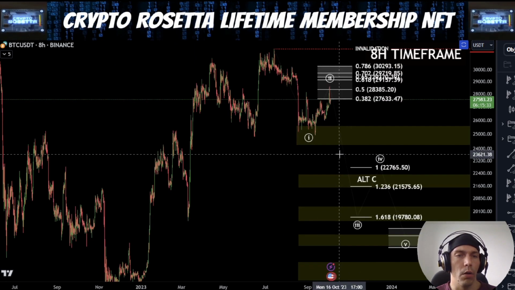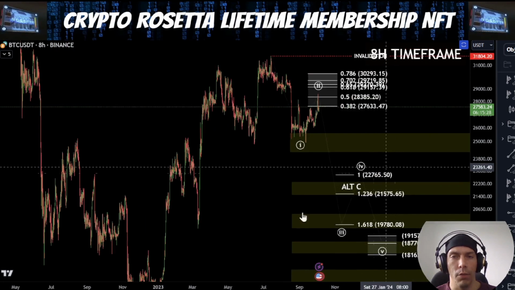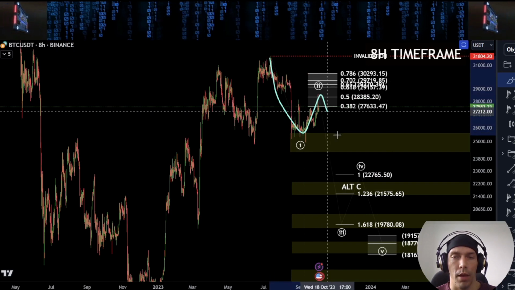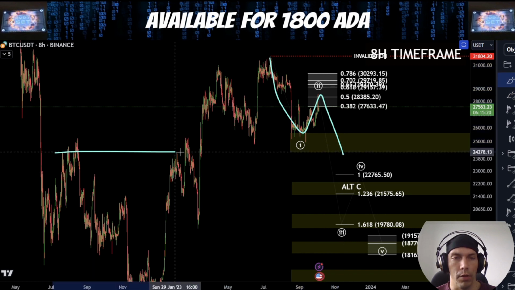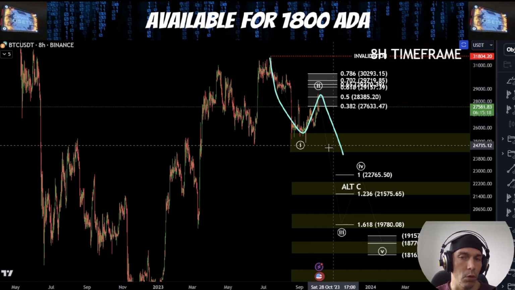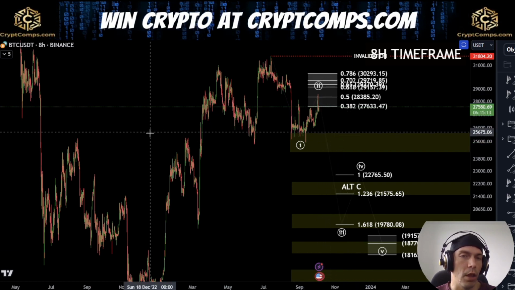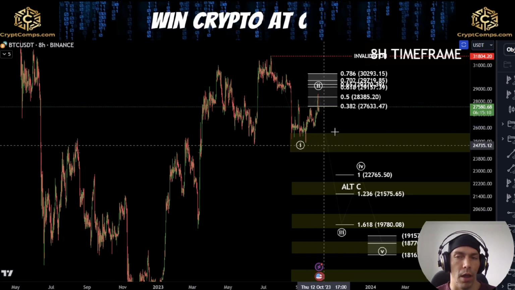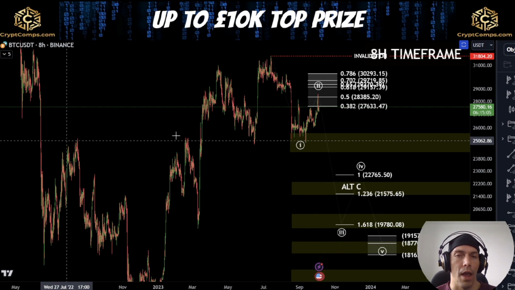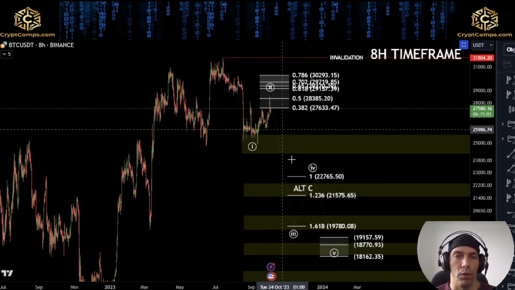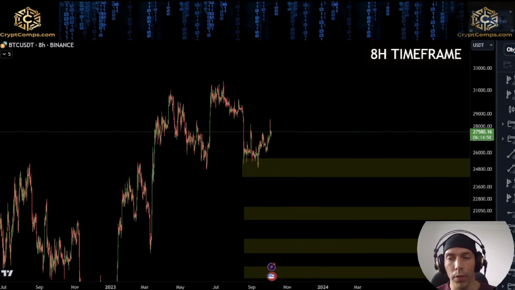21,575 region. Now, obviously, we do have some levels higher up here, which we need to pay attention to, because if this is just A, B, and C, we could see a shorter C wave, something like this, where we actually just come back and retest some of these zones. So just going to be on the lookout for that. Once we start to see a 5-wave move developing here, we can potentially get a better idea of where we're going to end up within this. But I would be keeping an eye on these highs here as well towards this 24,980. If we do see price looking to push back down here, we could potentially look to find support in that